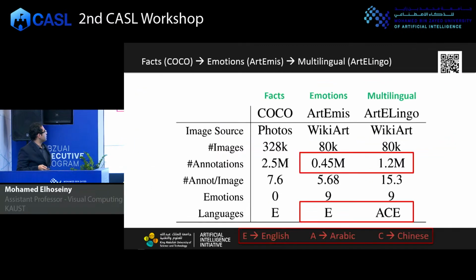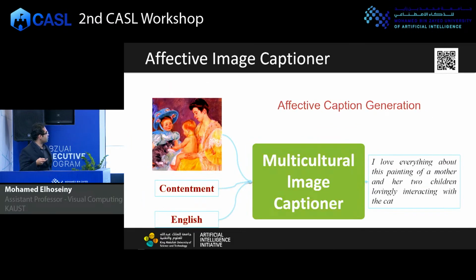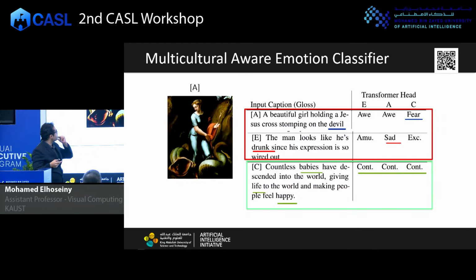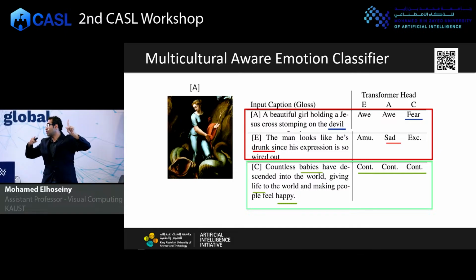Western world. All right. So we trained models that can enable multicultural captioning. Given the image, you can actually train a vision language model that can predict the distribution of possible experiences out of visual stimuli. You can have a transformer head that predicts what a particular culture will feel given a text. So this is a language-only model that predicts emotion by 3 transformer heads, 1 for every culture, 1 for English, 1 for Arabic, 1 for Chinese.